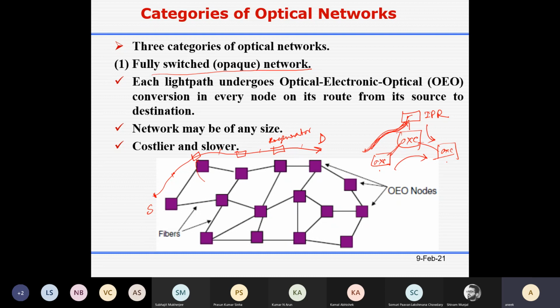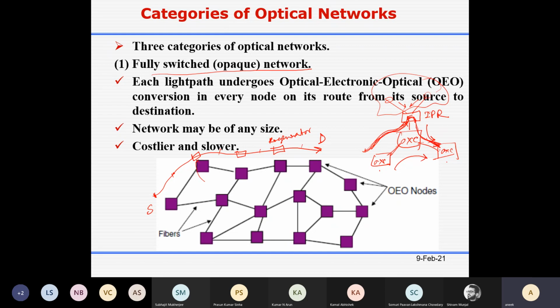So the light path comes here, then you convert to the electrical layer, then you get IP packets. This is basically, you can say, an edge router. The edge router is connected to other routers, and these routers will send their traffic. This is your access network traffic. This traffic will be aggregated along with this traffic, and let's say this IP router finds that according to its route, the next hop router address is here, then it will use this port. So all traffic will go.